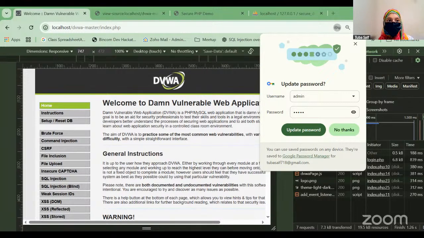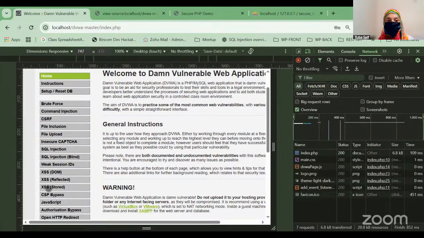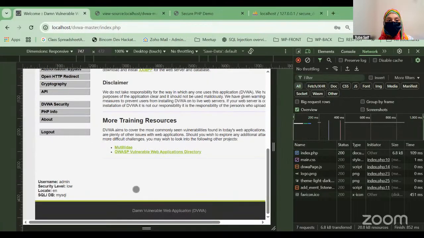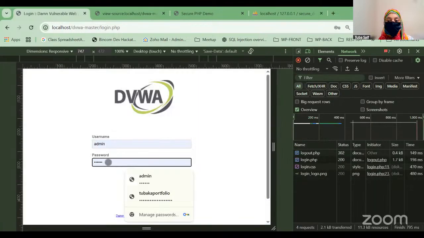Now if I log out of this and try to log in with admin, when the real user tries to log in with admin,